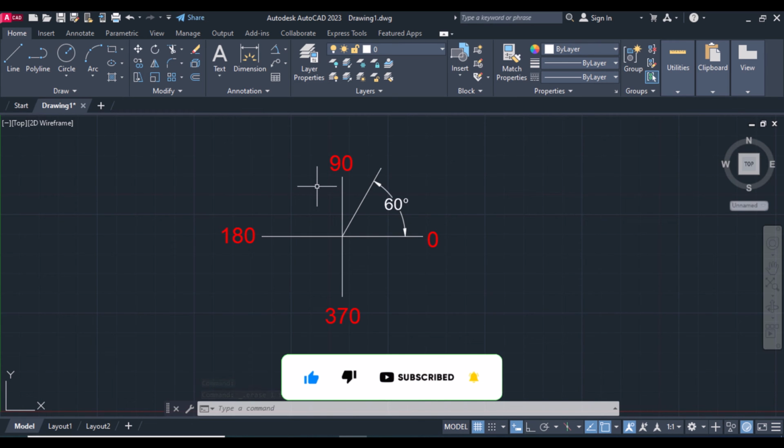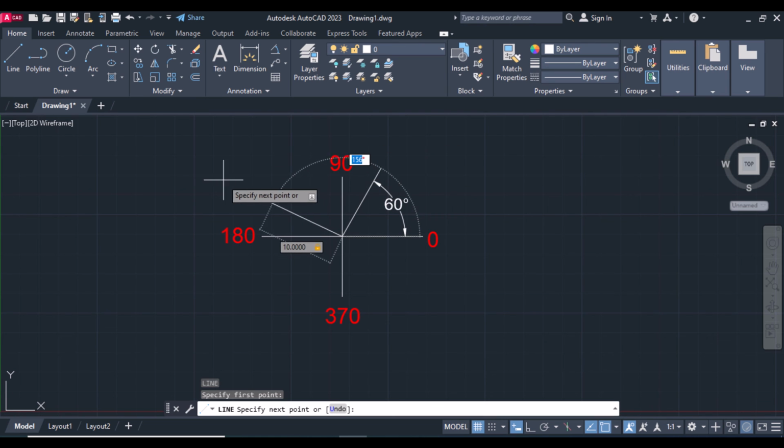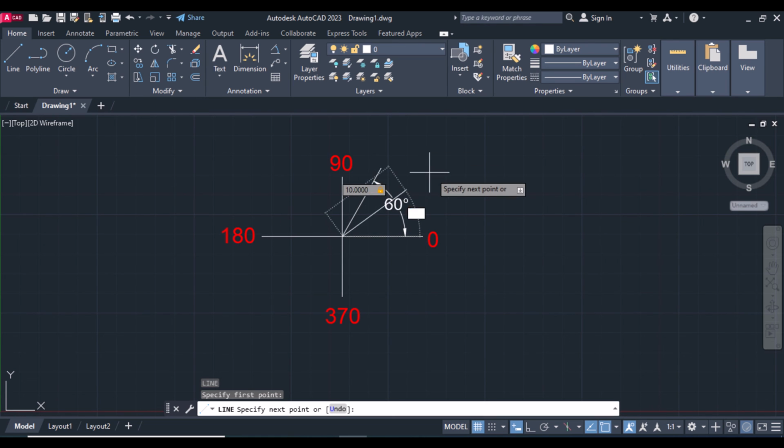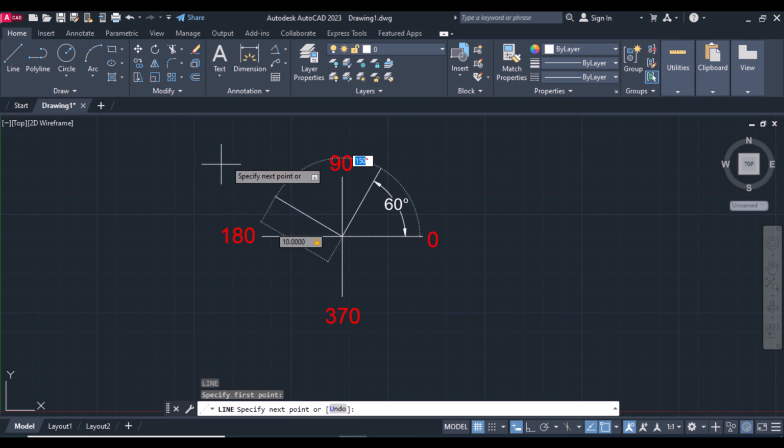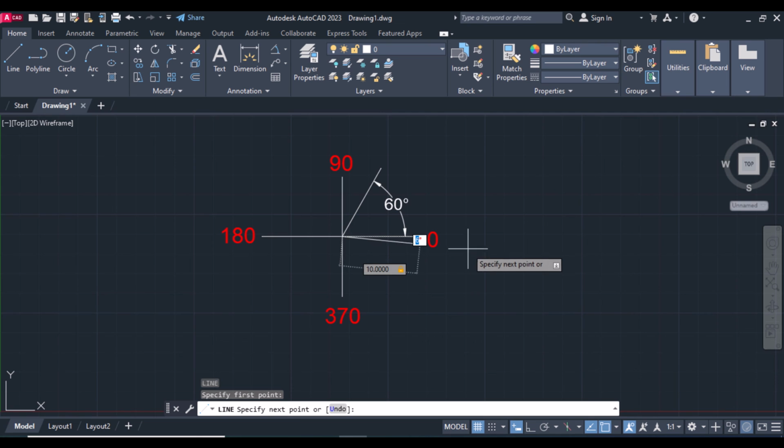Let's do it again. Make a line, specify first point, and give it a dimension, for example 10. After that, press tab on the keyboard. You see, from 0 to 180 counterclockwise, the direction of angle counterclockwise, but below 0 automatically change to